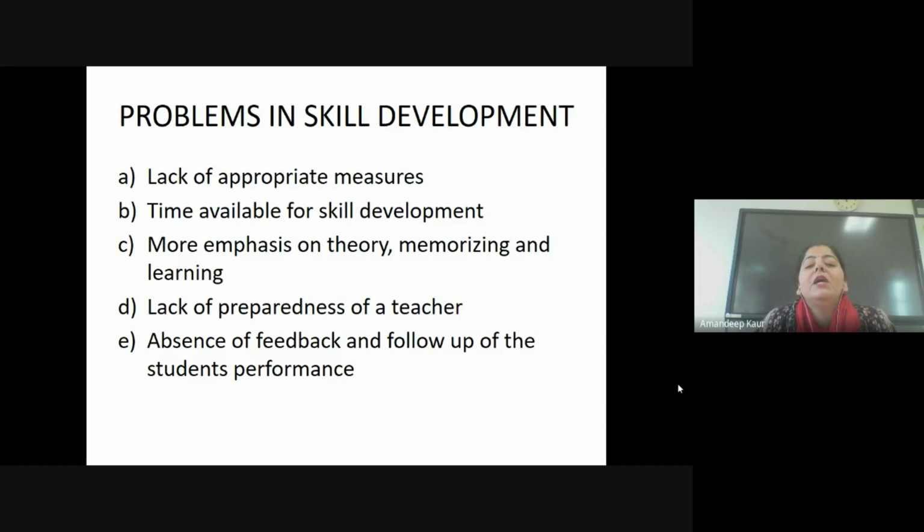Another is that NEP 2020 calls for continuous assessment of the student. Assessment and evaluation of these activities need to be continuous. It should not be that at the end of the laboratory you organize a viva